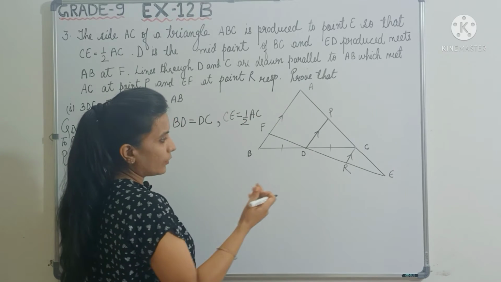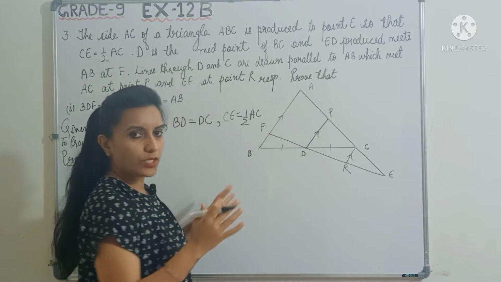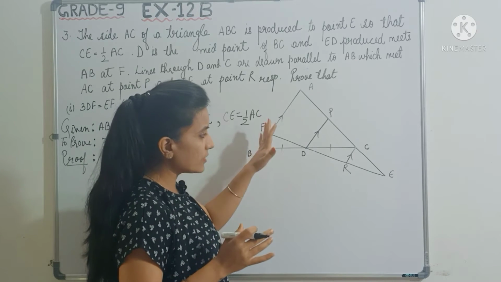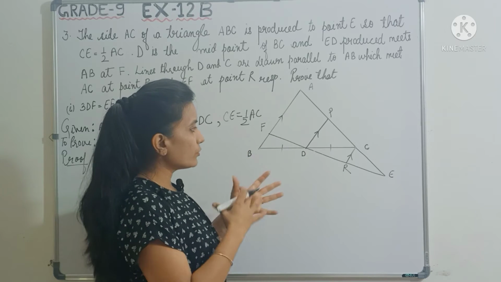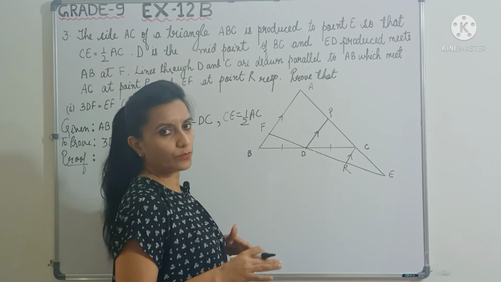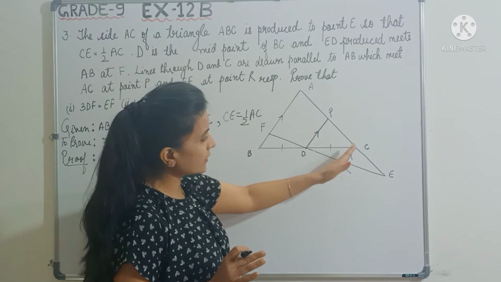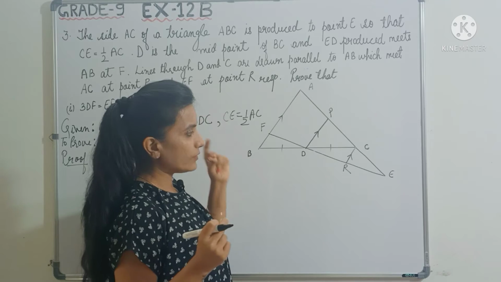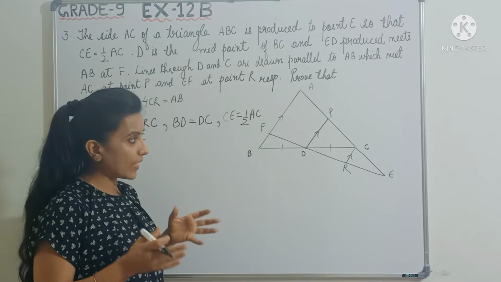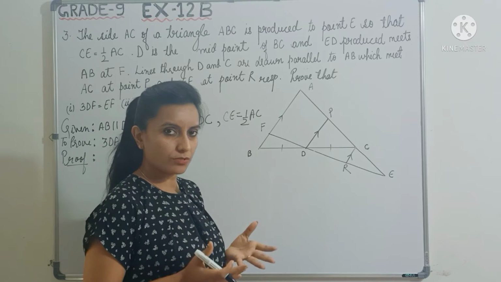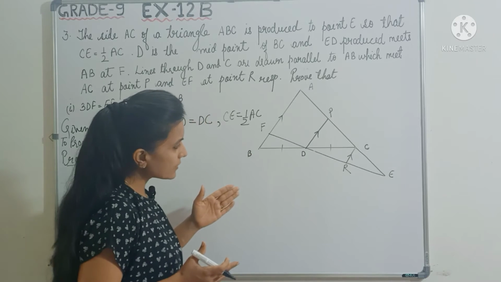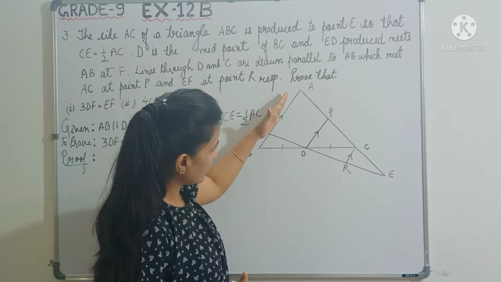Now here, in all these questions, first try to think about the question. Just try to think what is given, what you have to prove, and try to connect all the dots and then figure out which theorem you will be using. See here, I can see that 3 parallel lines are given, right? So I will immediately think, okay, I can use equal intercept theorem, right? But I have to see whether all the information are there or not for me to use equal intercept theorem. So here I can see that, okay, 3 parallel lines are there, right?